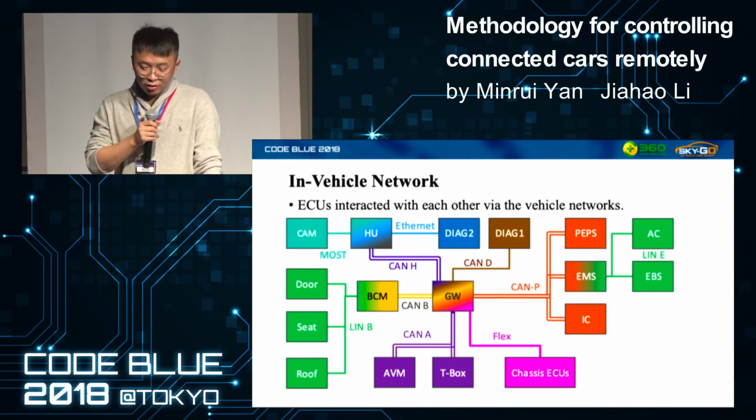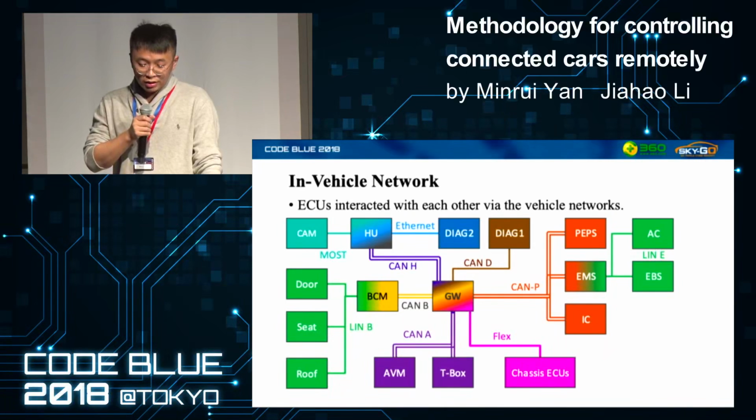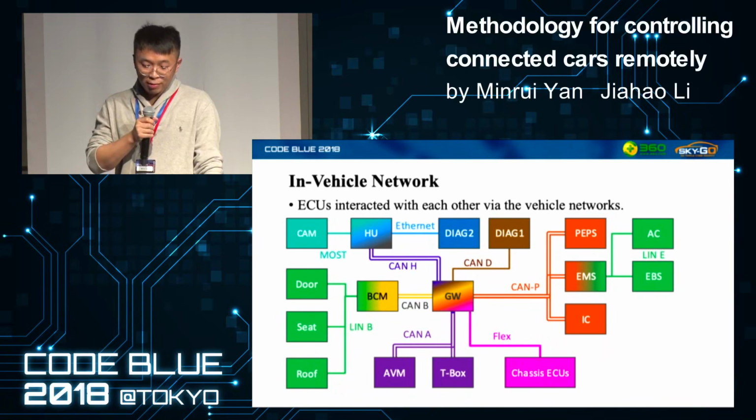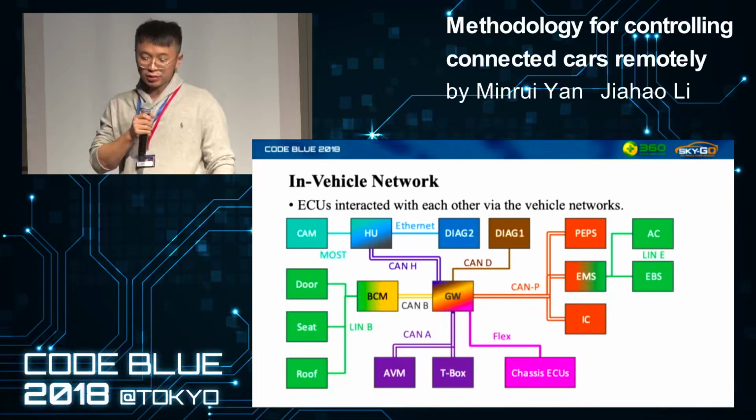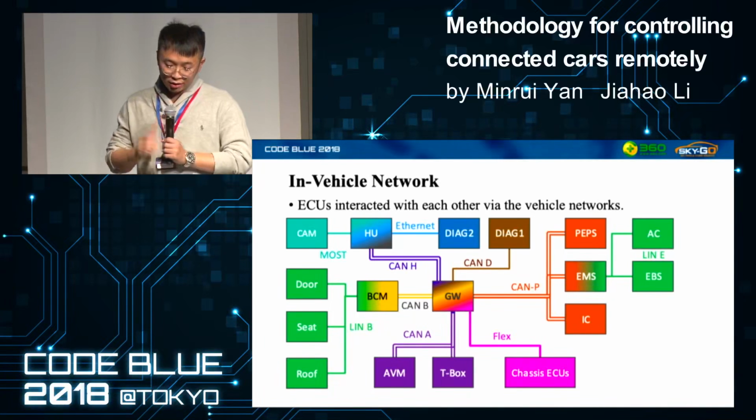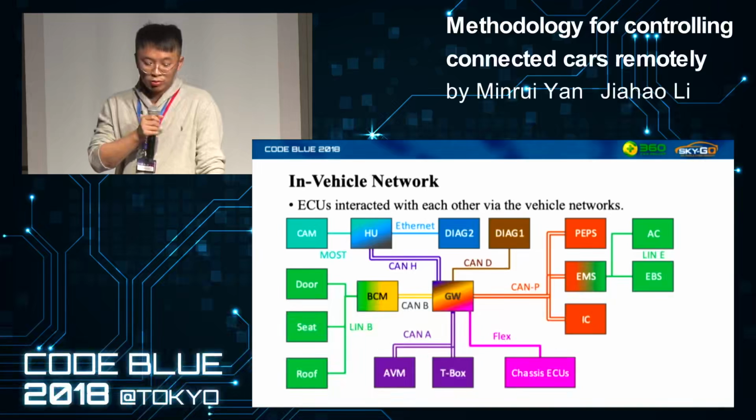In a vehicle network, the gateway's main functions are to isolate different networks and forward data. The body control module controls the doors, seats, roofs, trunk, and some other things. And the head unit is in a different network from the BCM. If you want to open the door remotely, one thing you need to do is use the application in your